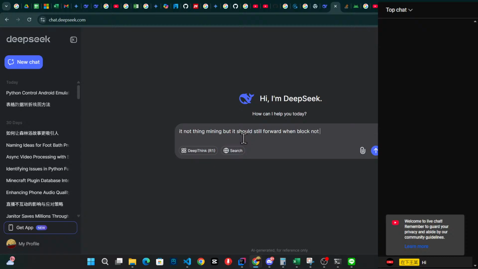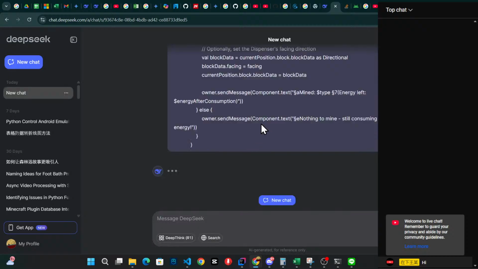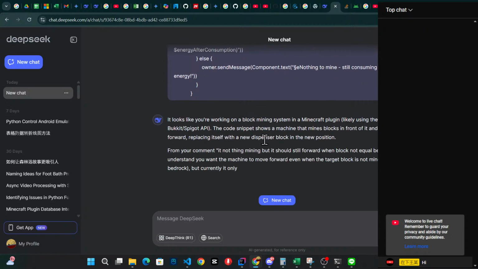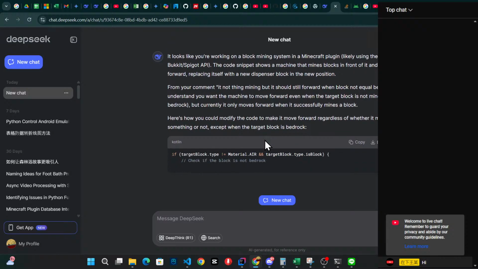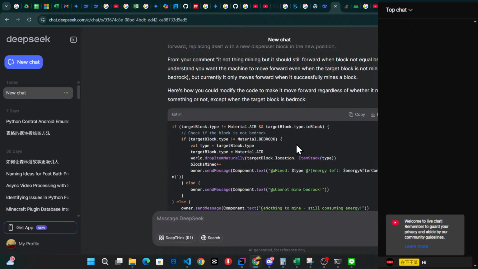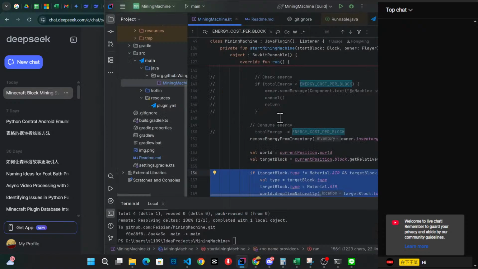When the mass is equal or greater than one. But if the bedrock, if the target type is bedrock,